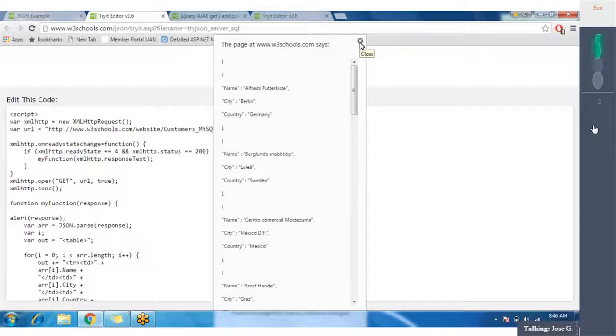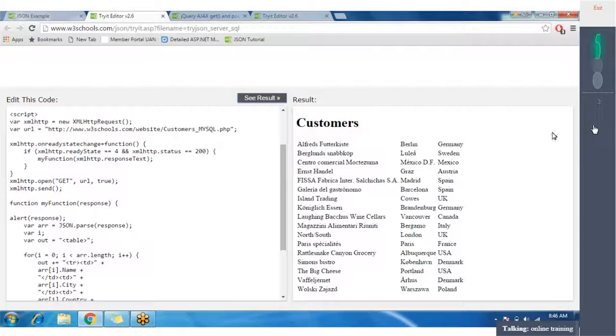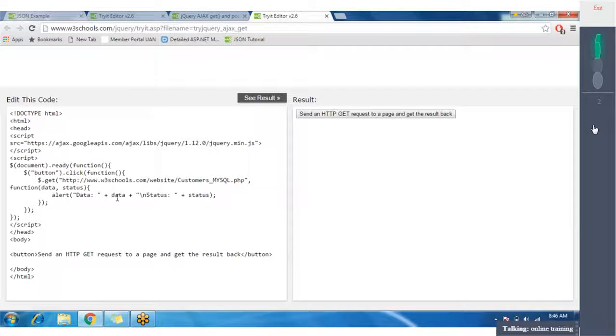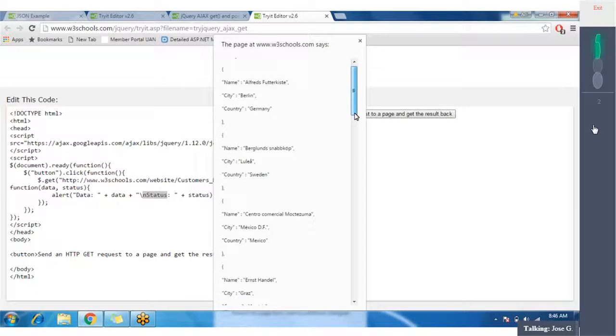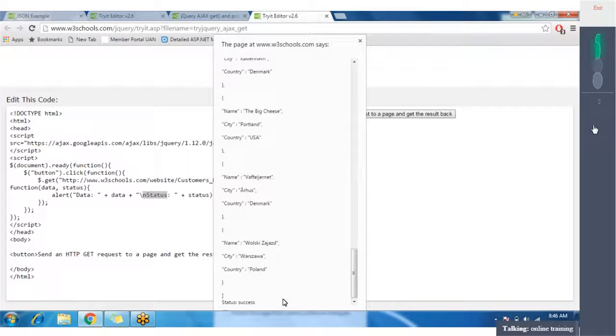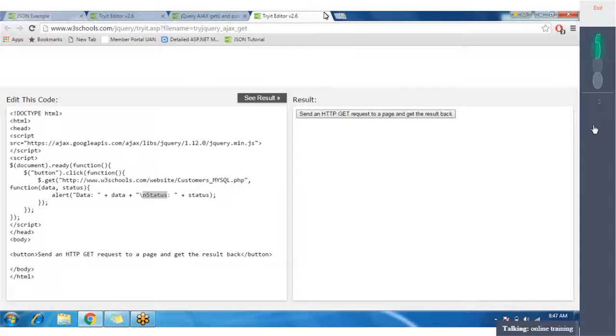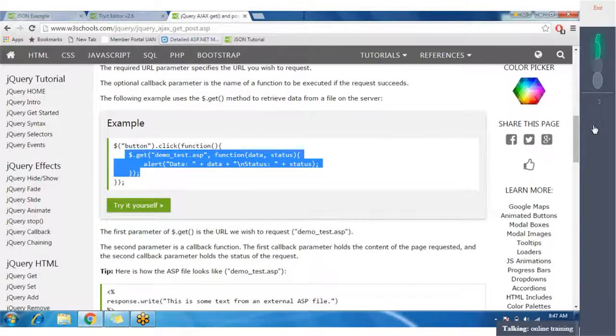I'm not displaying the status. All I need to do is display the data. The status is for the request: what is the status of the request? Success or failure? Whether I am successfully able to make the call and get the data from there, or I am not able to do so. So this is the status. The same thing we are able to do in a very simple line of code.